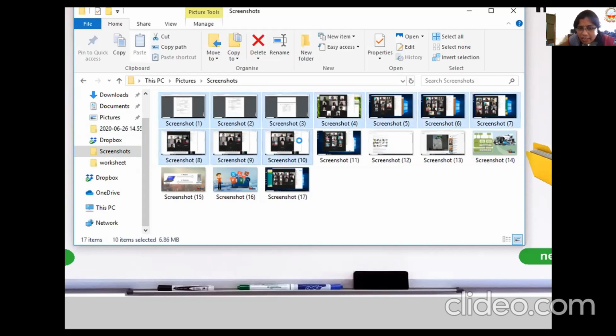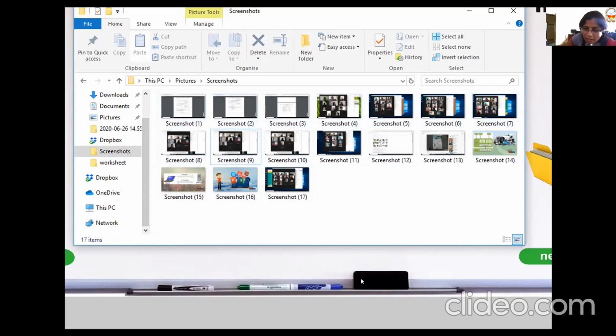Now see, all are getting selected, right? Yes, got selected. Again, click the picture whichever you want and then press the Shift button on your keyboard and then keep selecting others. Now this is the first method.